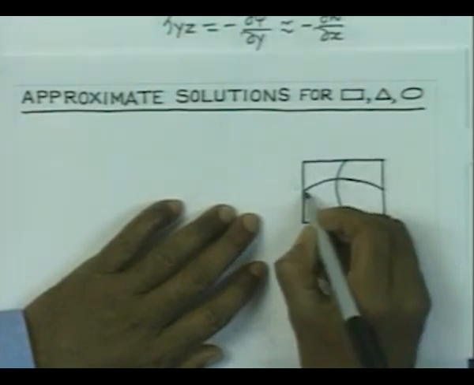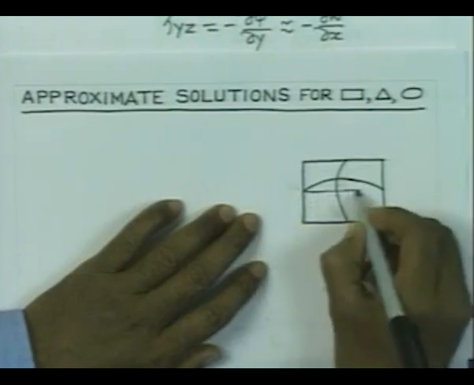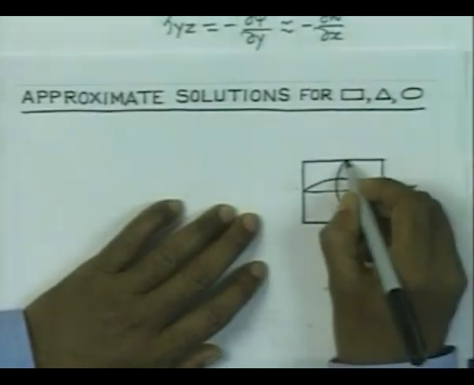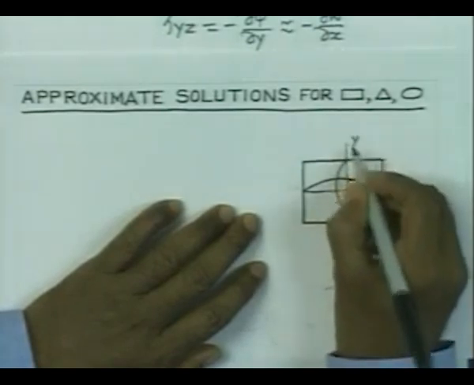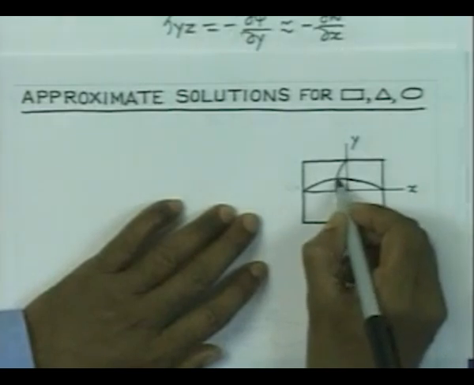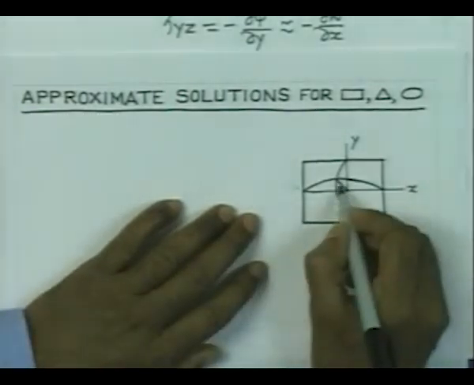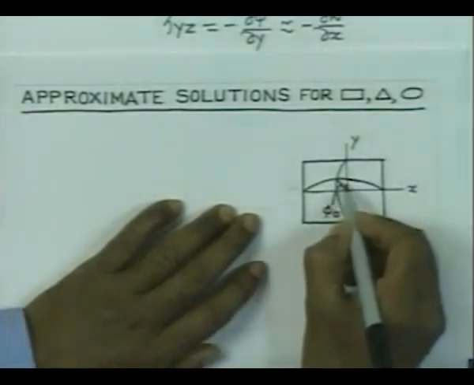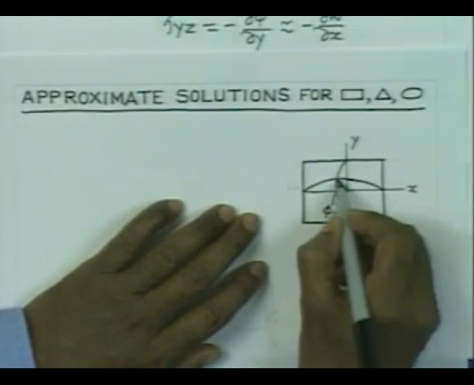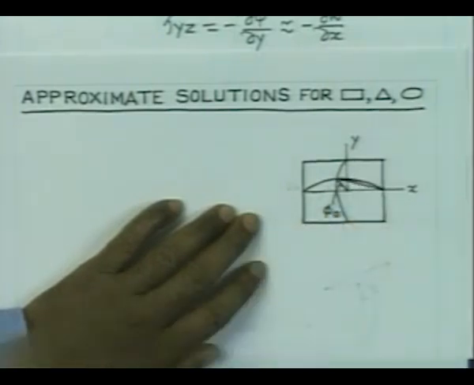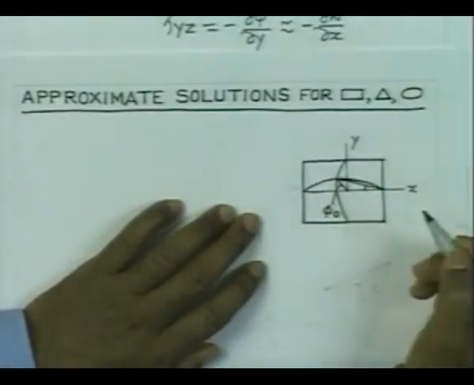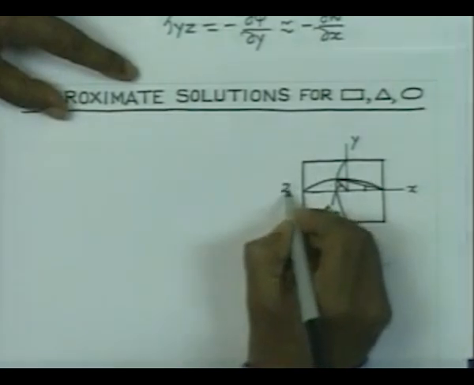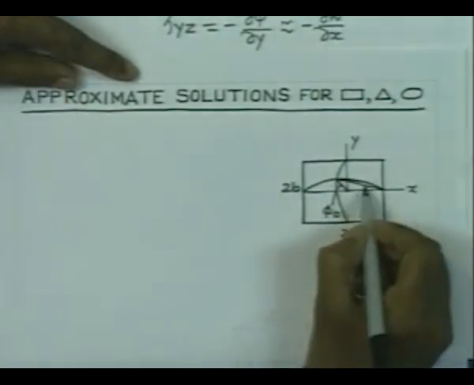If you are trying to consider this direction, let us say that is the x direction, and let us consider the y direction to be like this. It is not difficult to see that this is really the maximum deflection, and let us say that this maximum deflection is equal to phi 0. If we approximate this curved surface by a straight line, the slope here is going to be given by this angle. If you consider that this side is equal to 2a and this side is equal to 2b, then this slope